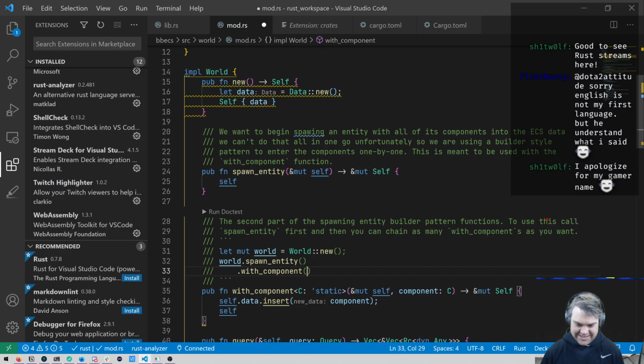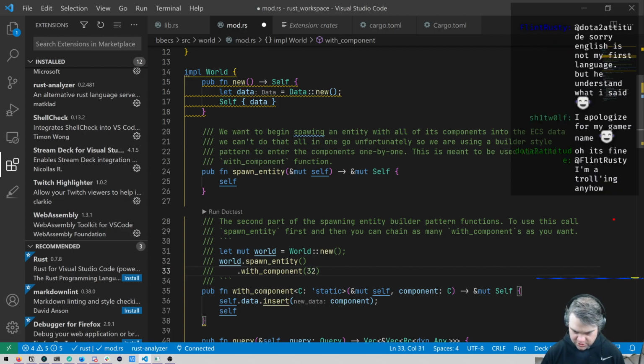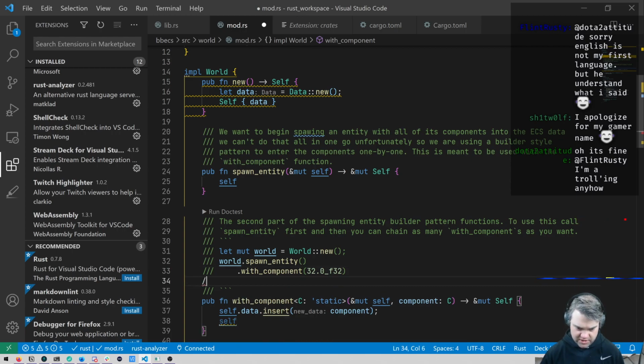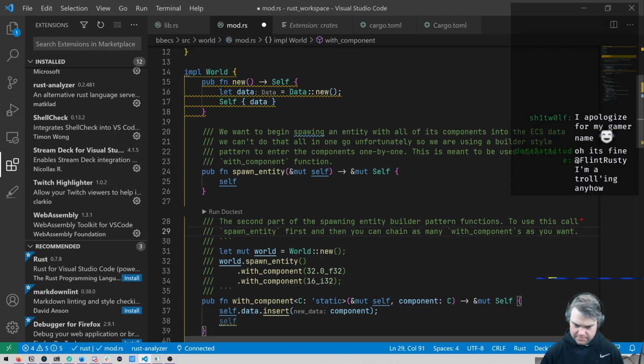All right. Let's see. So with component, then we give it this interesting thing. If I say something like F32, that won't be fine. We'll do that. Something like that. And we could do another one with component. Then I can do like 16 I32. This works. But I should probably mention